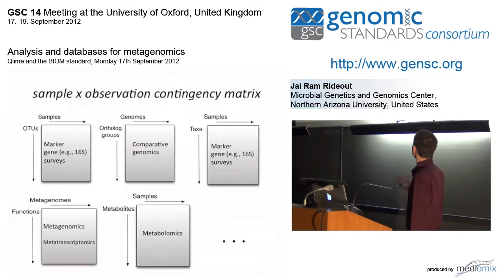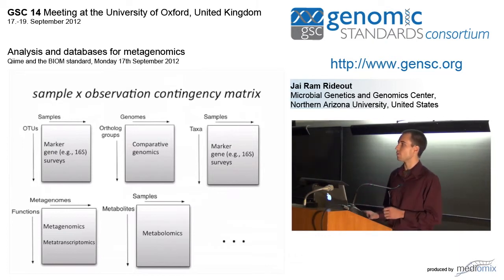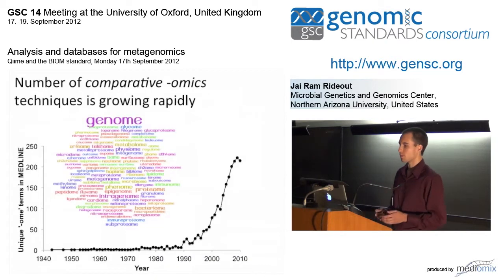There's a number of other examples that I have up here. For comparative genomics, you have genomes by ortholog groups. For metabolomics, you have samples by metabolites. And the list just goes on and on and on. There are so many of these different comparative omics toolkits that currently exist that share this same central data type between them. And in this chart here, you can see that in the past 10 to 12 years or so,